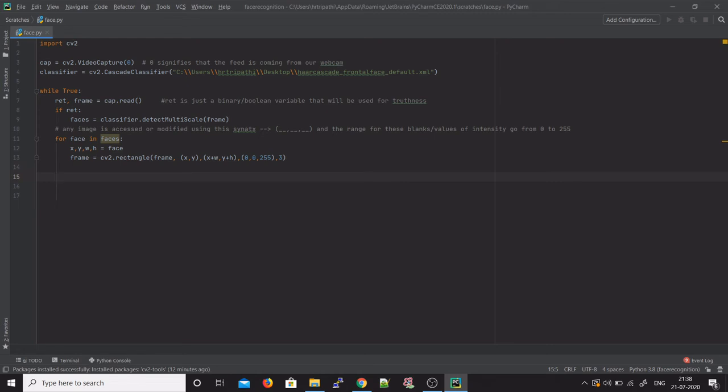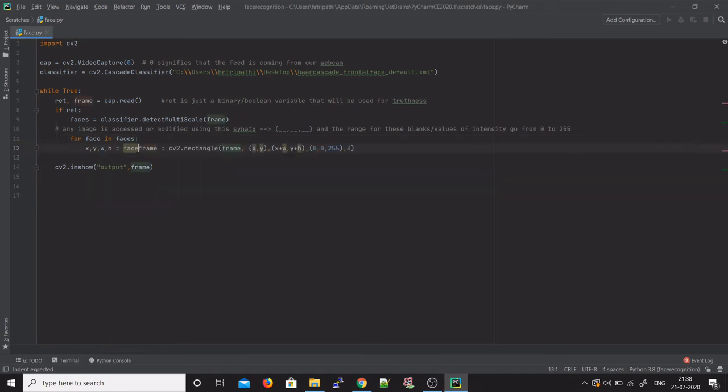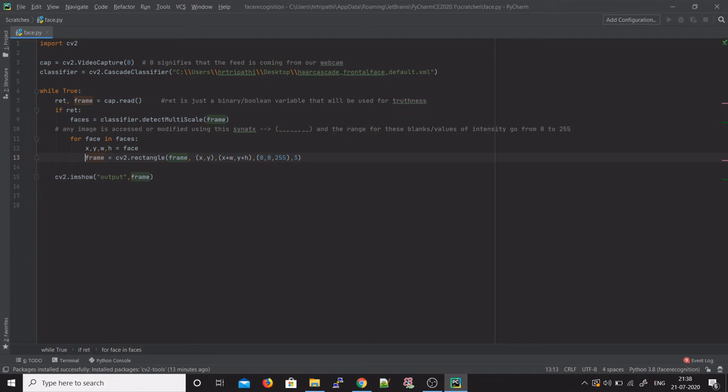Next up, I want to make this a visual output. There is a function in cv2 called cv2.imshow, and I want this output to be called, say, just output as of now, and the thing that it has to display is my frame, right, in the output. There is some indenting, I'll just do that. Also, for those who don't know, Python is indent sensitive, so you need to make sure of your indents, otherwise there will be errors.